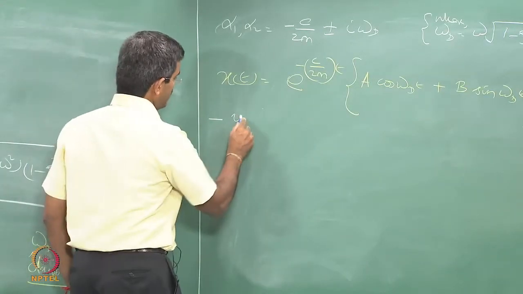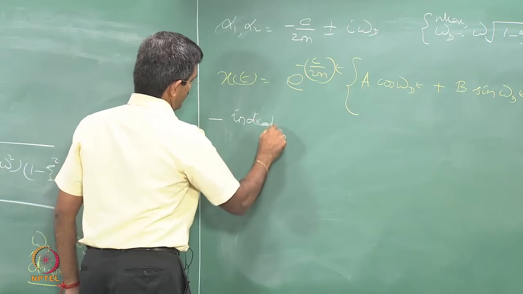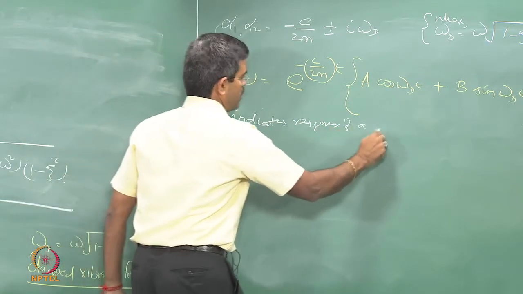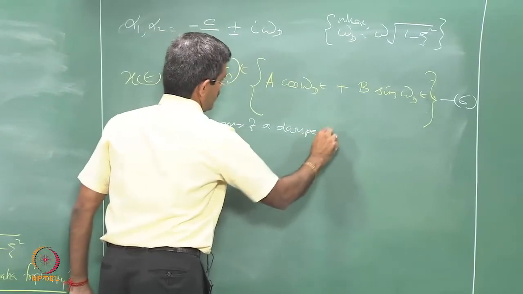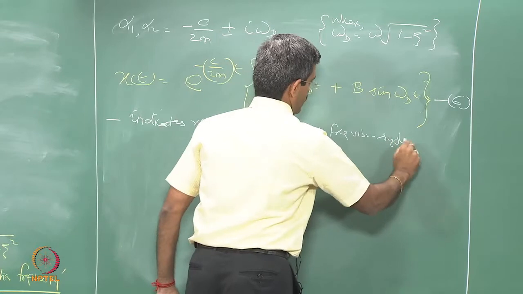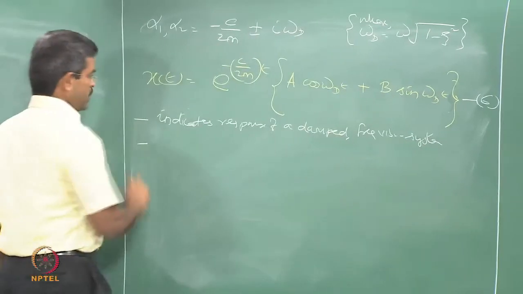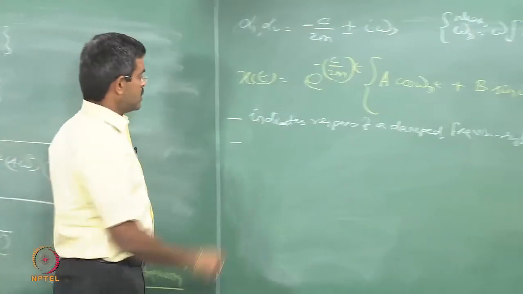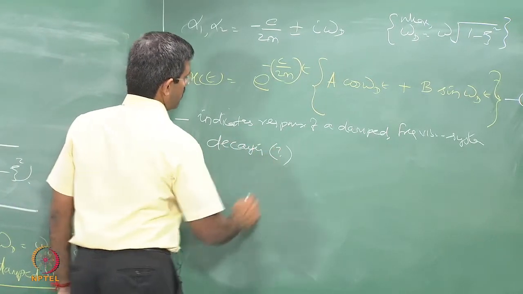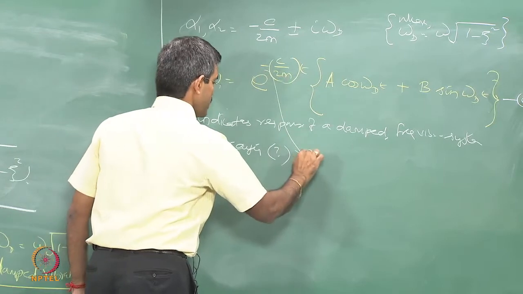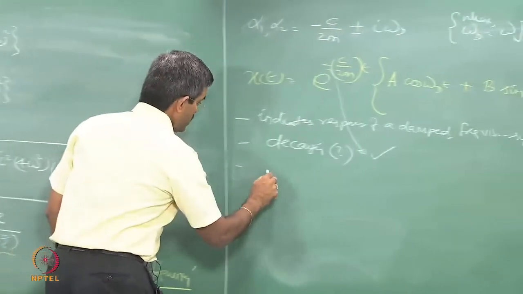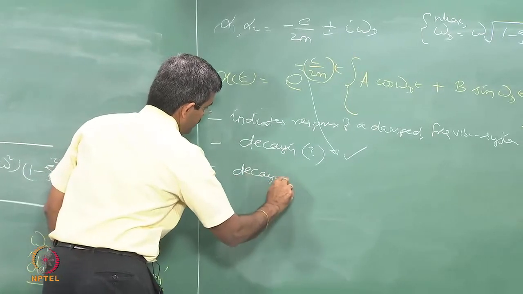Equation 6 indicates the response of a damped free vibration system. It also shows that the response is decaying. How? There is an e power minus term present here. The response is decaying exponentially